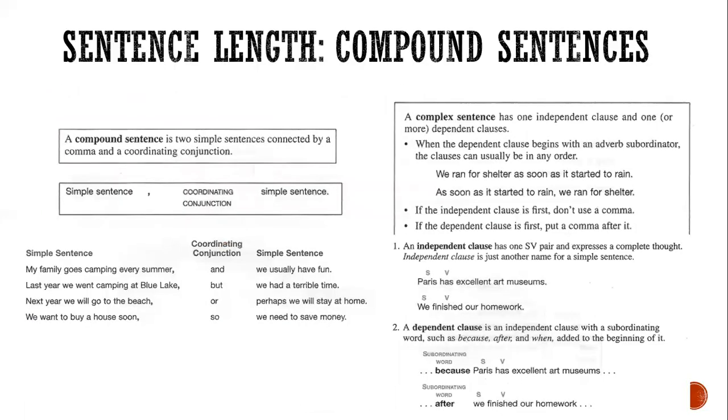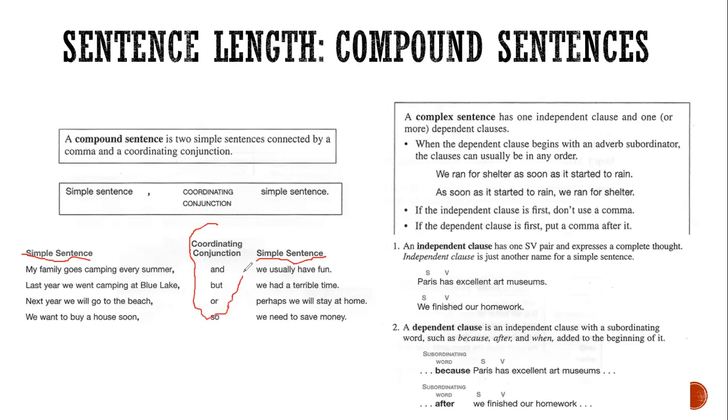When you are making the sentence longer, you probably use compound or complex sentences. The compound sentence is two simple sentences connected by a comma and a coordinating conjunction. So we have one simple sentence, and then we have another simple sentence, and in the middle, we have